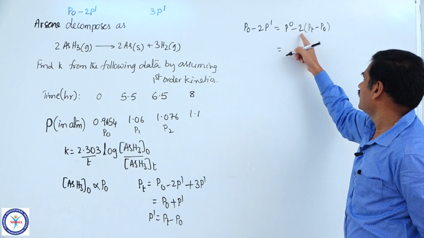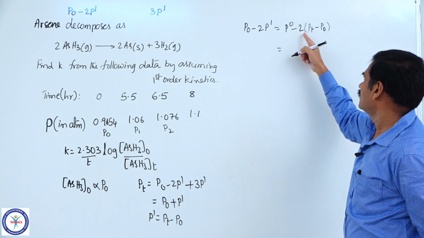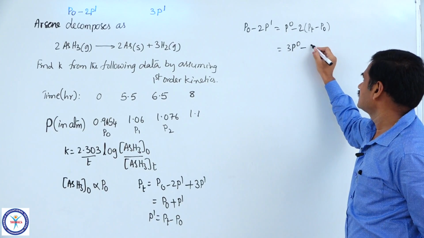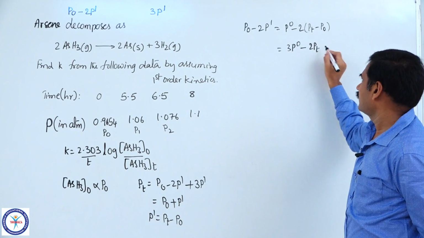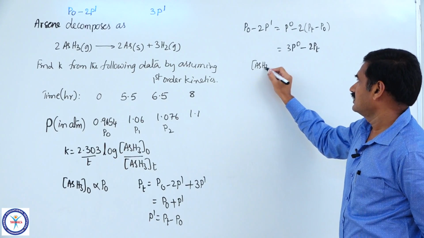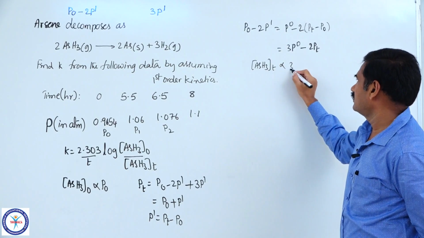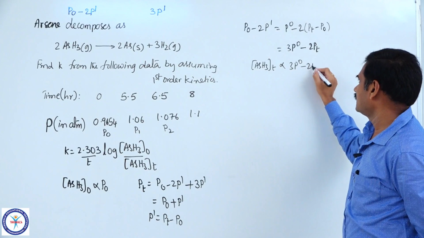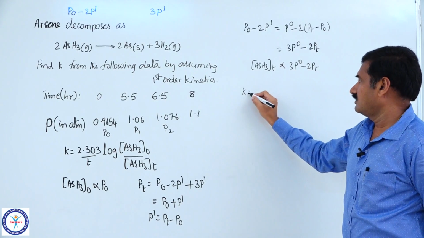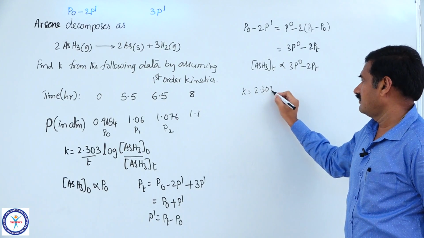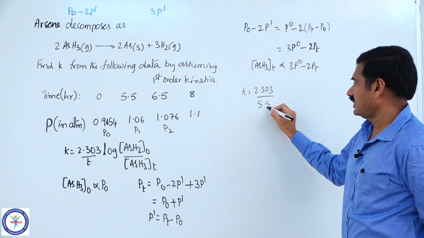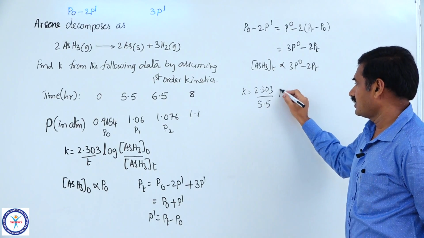So, P naught minus of minus plus 2 P naught plus P naught, 3 P naught minus 2 Pt. Therefore, arsine concentration at time t is proportional to 3 P naught minus 2 Pt. So, substitute this, K equal to 2.303 divided by, first I am taking 5.5 hour time into